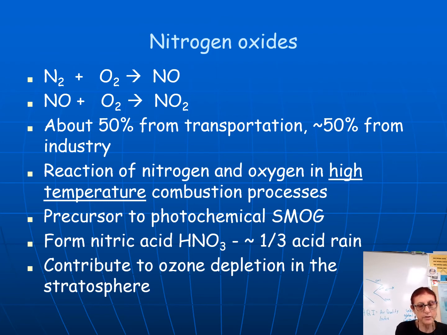Remember that when you're putting those nitrogen oxides out of your tailpipe, it's not because there's nitrogen in the fuel. Again, it's because you're carrying out a high temperature combustion reaction. It allows that triple bond in that nitrogen to break and to bond with an oxygen molecule. Aside from being your main precursor to photochemical smog, it's also responsible for about 1/3 of the acid deposition that we see. And that's because the nitrogen oxides get emitted. We'll look at the reactions in a moment. And